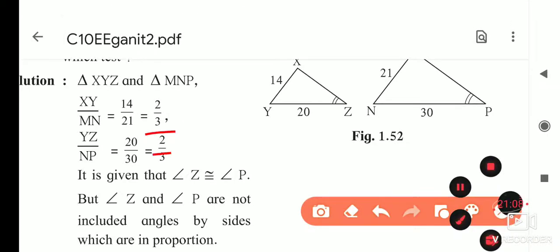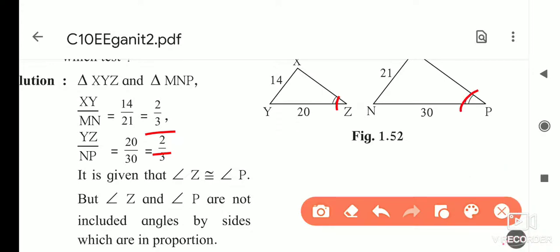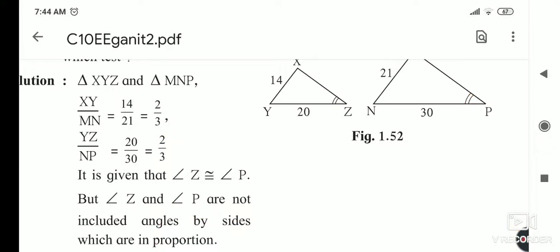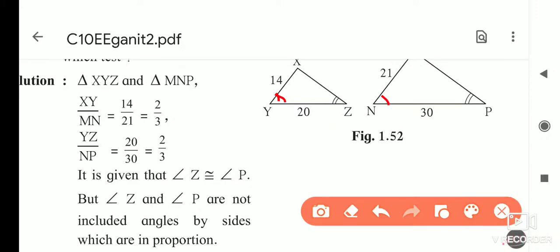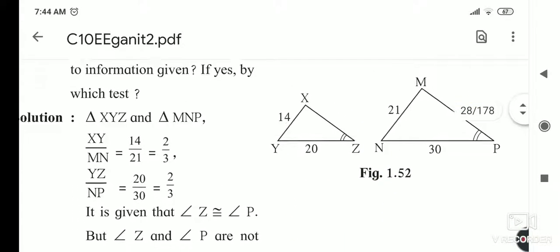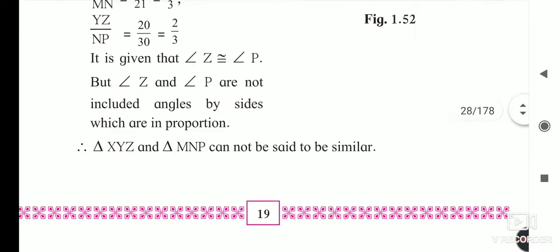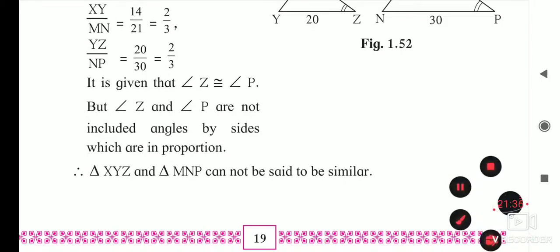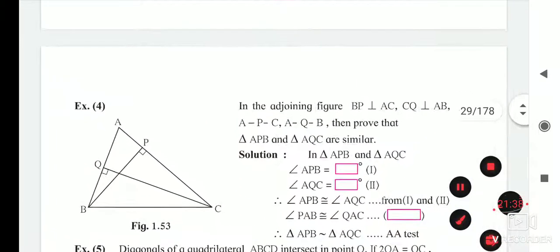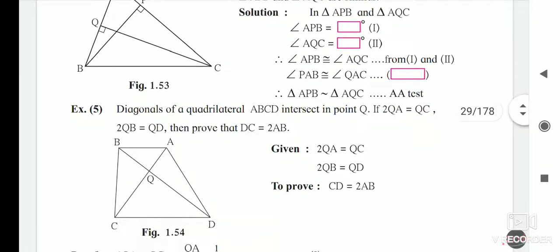But here it is given Z is congruent to P. Z and P are not the included angle. Which is the included angle by these two sides? That is Y and N. But the congruence of these two angles is not given, but instead of this, Z and P is given, and that's why it cannot be said whether these two triangles are similar or not. Okay, now the next question,